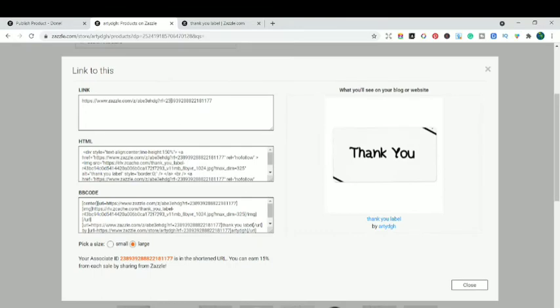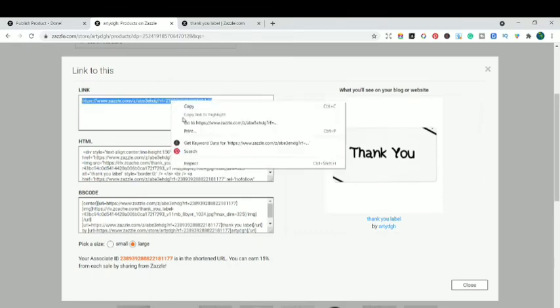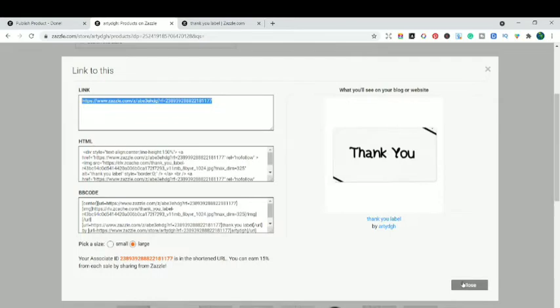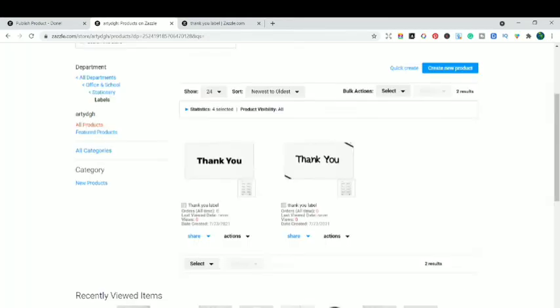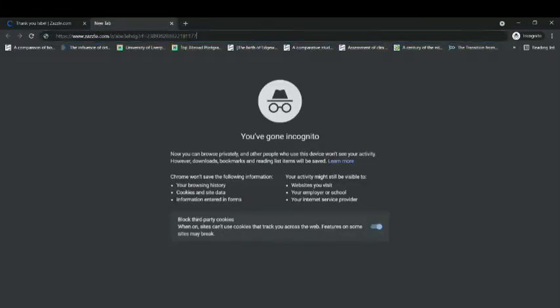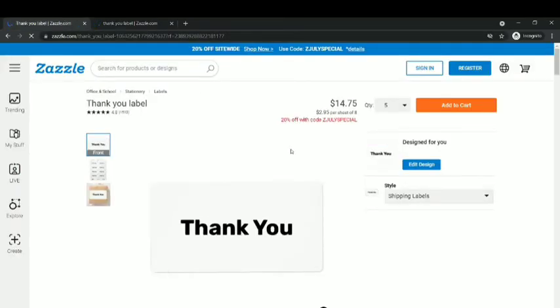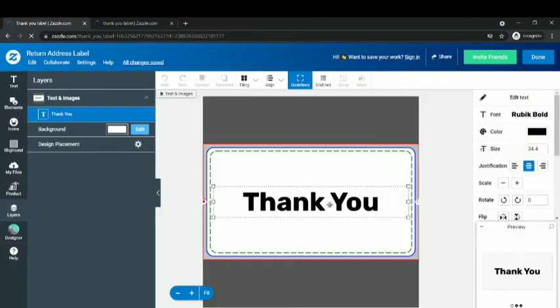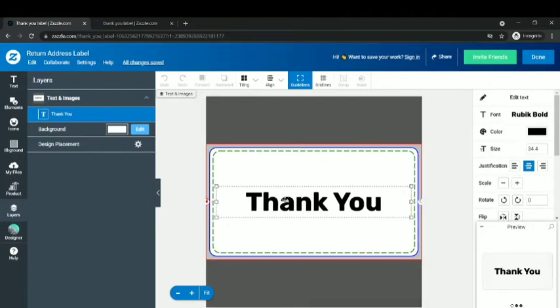So I'm just gonna copy this link, close this and go back to the incognito window, one second, and we're just gonna take a tab over here, and I'm just going to paste this design over here. So when I click over to the edit option over here, I'm getting the facility to edit this design because it was a template, so I can edit it.